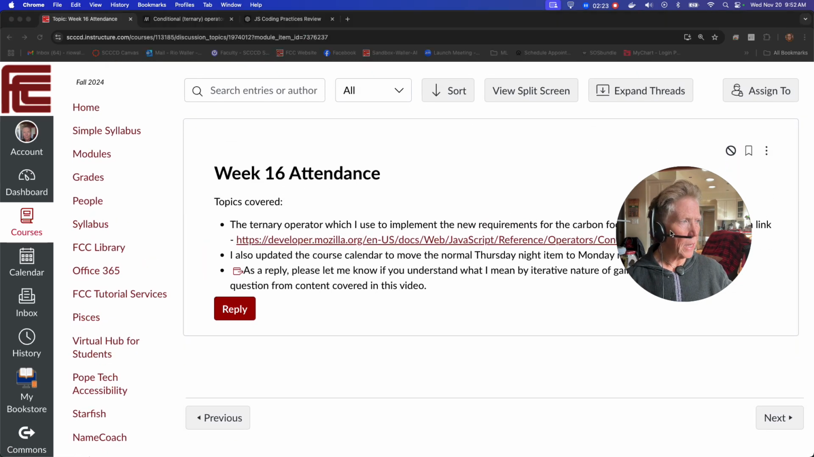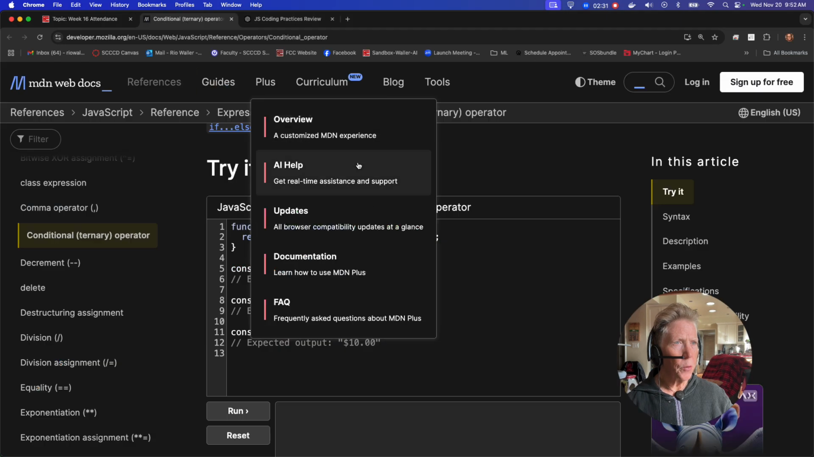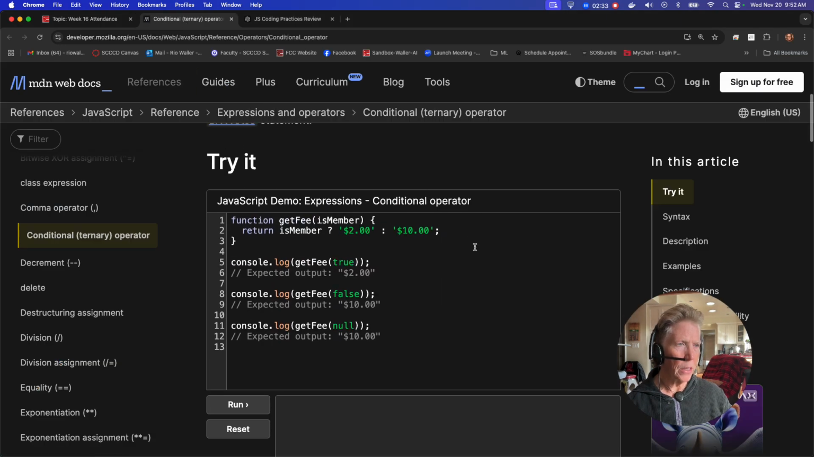One of the things that I do this week in the code alongs is I implement the ternary operator. The ternary operator is kind of fun in the sense that it's very short. It's basically doing an if-else in a very concise one-line expression, right? So in this case, we're passing getFree the function boolean, and we're declaring isMember. And so it says isMember, and if isMember is true, then we're going to return